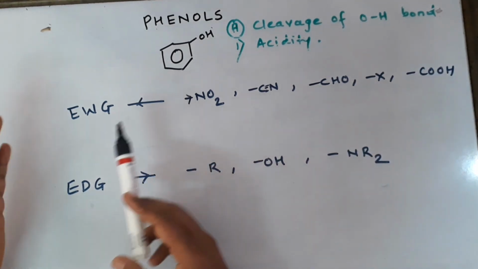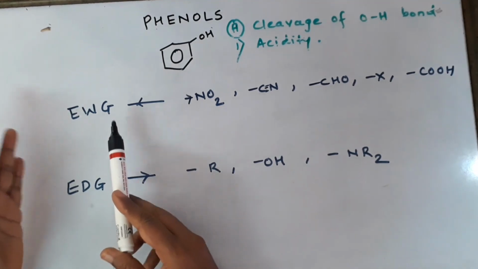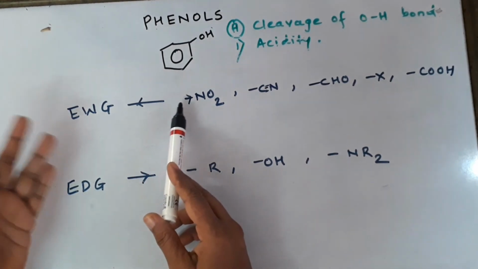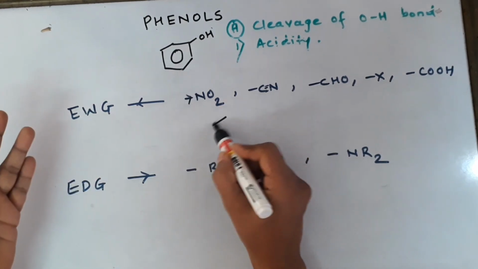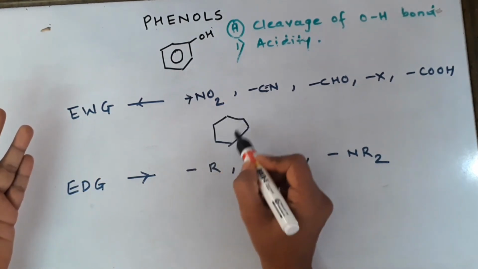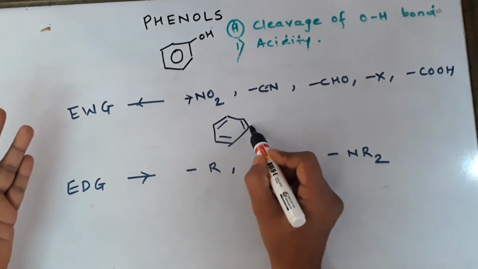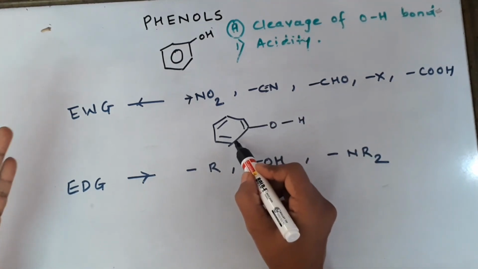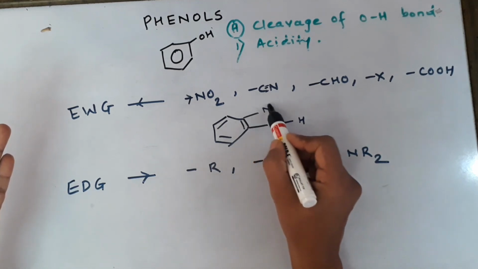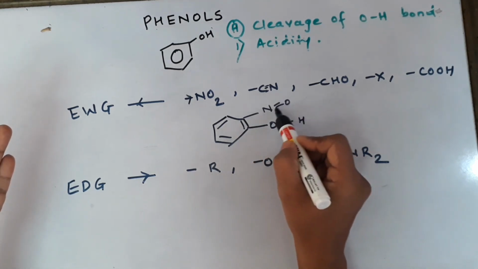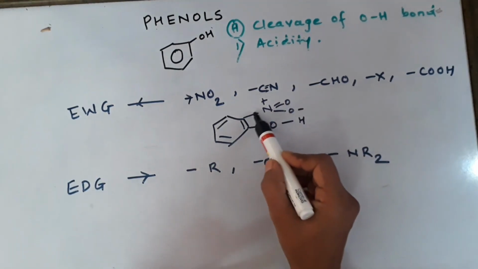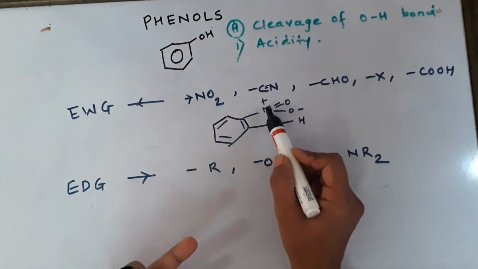So please remember, the electron withdrawing groups will be those which have got high electronegativity, and they are going to withdraw the electrons from phenol, and as a result they will help in making the OH bond highly polar. So let me just show you one of the examples. I will write a nitro group at the ortho position over here, and if I just write the complete structure of nitro, it would look like this. And nitro, you can see, has a positive sign over here.